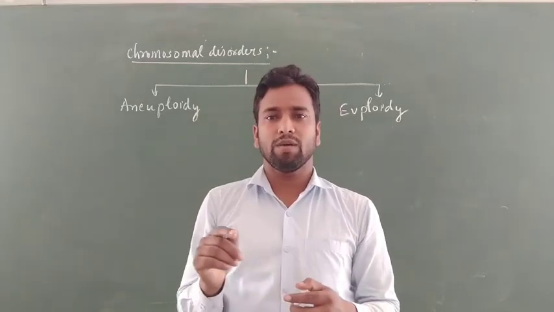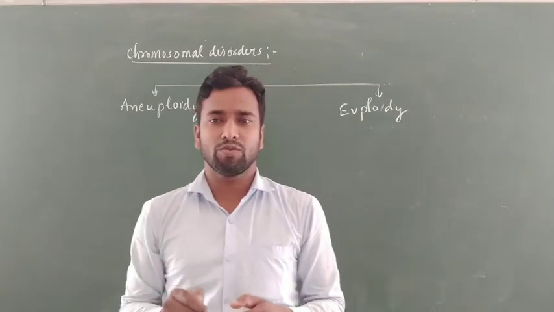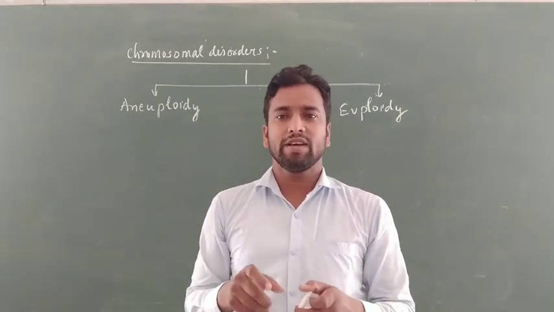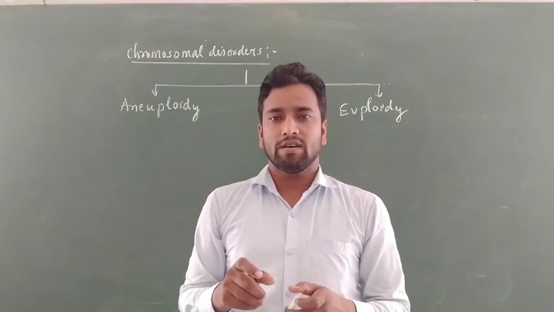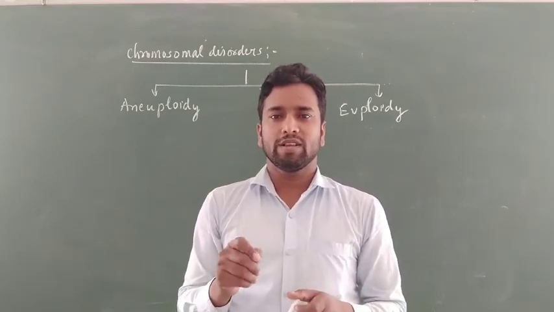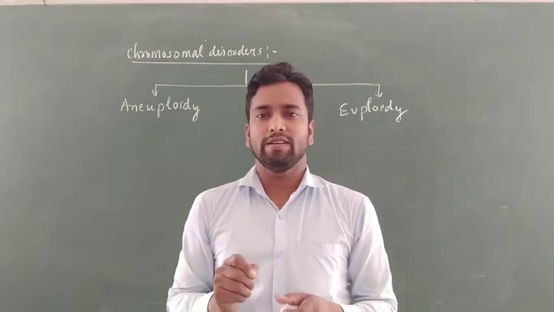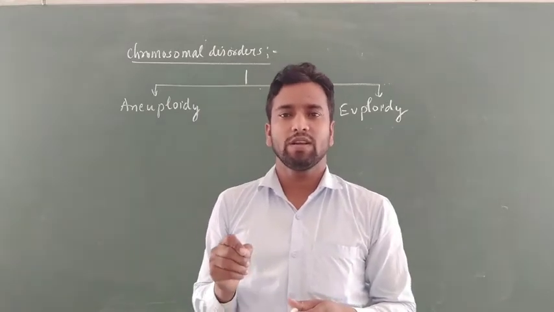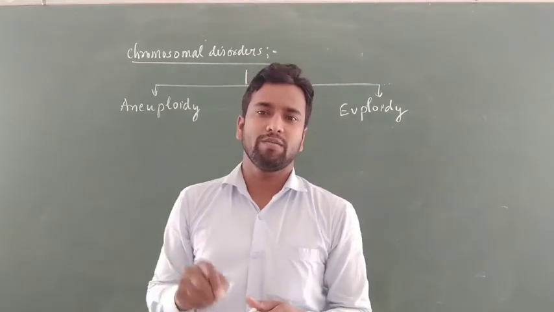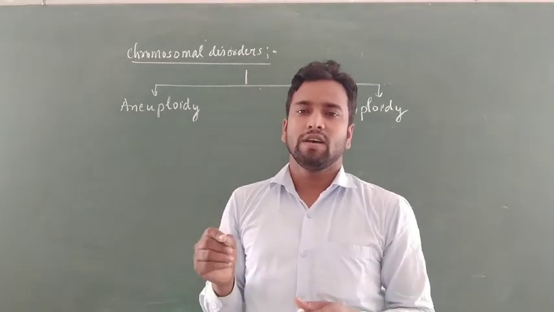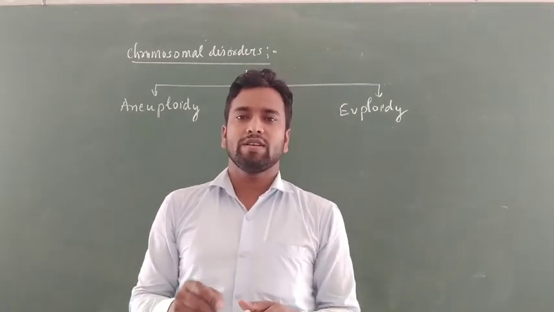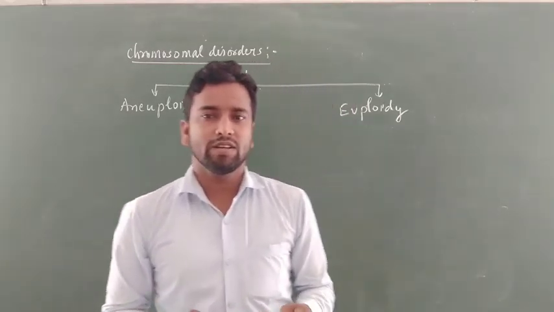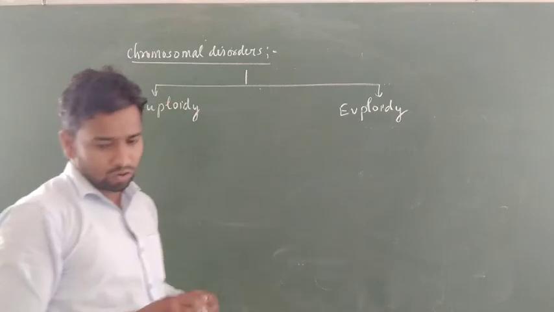Suppose a pea plant has 7 pairs of chromosomes and one set is added again, it means it is 3n in nature. You can say 7, 7 and 7. It means the number of chromosomes present inside the pea plant is 21 in the triploid case. In the diploid case it is 14. In the haploid case it is 7. This condition is found in euploidy.